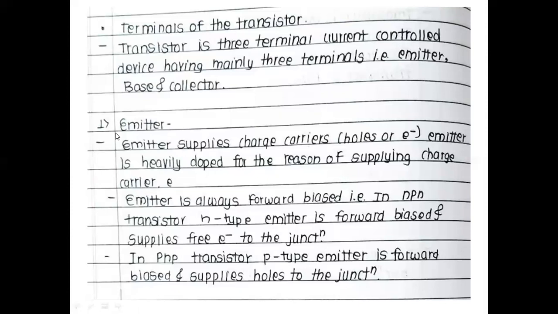What do we mean by forward biased? Forward bias means which one? We have at least discussed the diode and this semiconductor. What do you mean by forward bias? What do you mean by reverse bias? You tell me. Positive terminal is connected to P. And reverse bias is positive terminal connected to N.